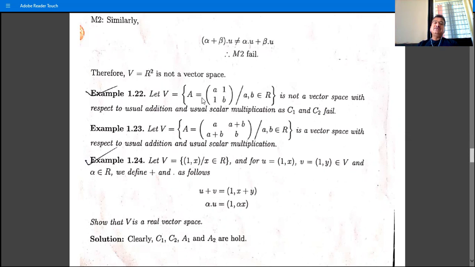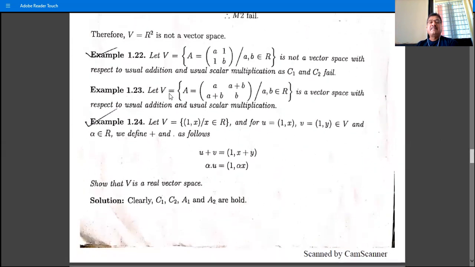So if we take this element as (2, 1, 1, 3), and if we take a scalar as 2, then 2 times this element becomes, here we have 2, here we have 2, and it is not the element. C2 fails also. So give any one counterexample for either C1 or C2 and show this set is not